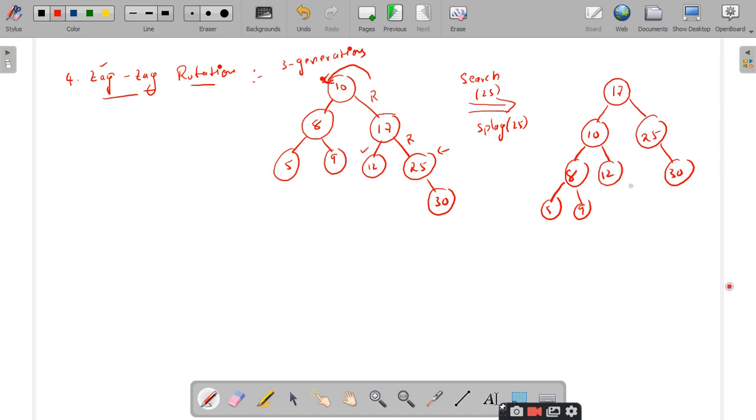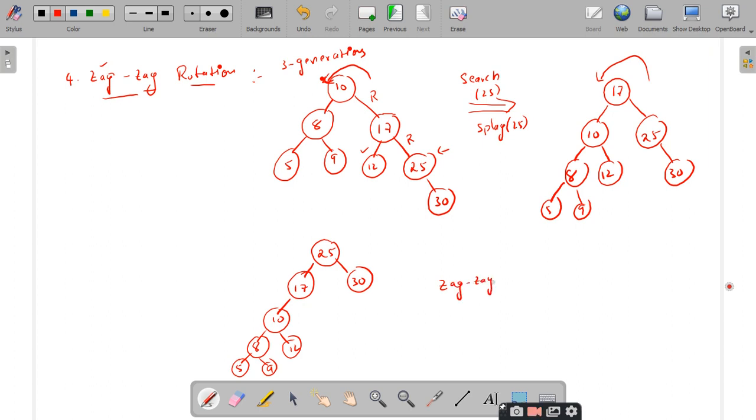We have performed only one zag operation, and now we have to perform another zag operation. So it becomes 25 as root, with 30, then 17, 10, 8, 12, 5 and 9. This is a case of zag rotation.